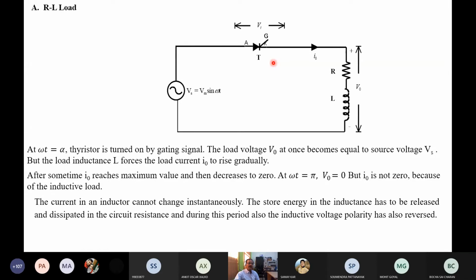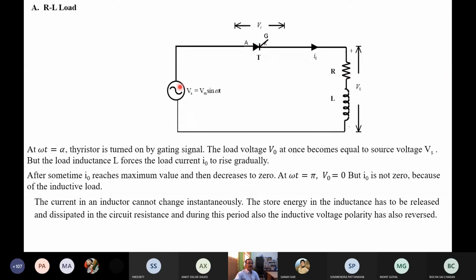The gate current, the anode current must fall below the holding current. That means 0 here, right? Then only it can be turned on, because we have no control over the turn off process, because the gate loses control. So the only method is by reducing the forward current below the level called holding current. Here it is 0. So when it is 0, it is off.